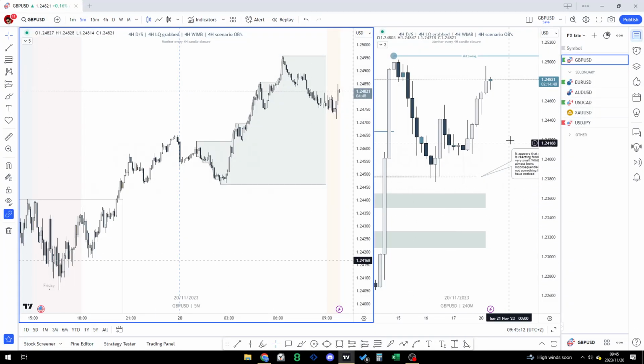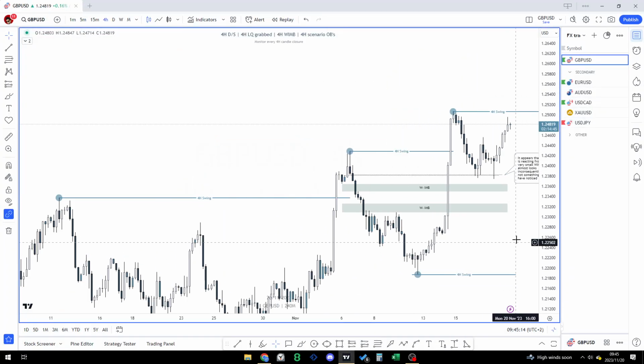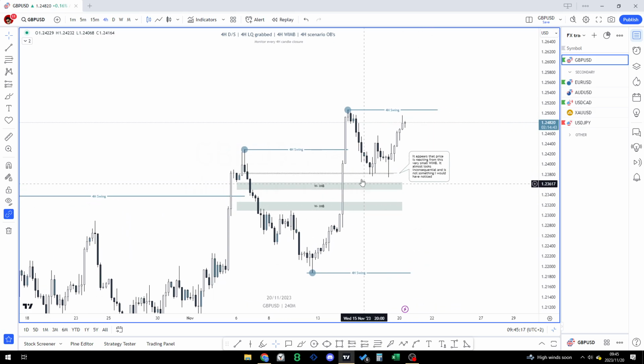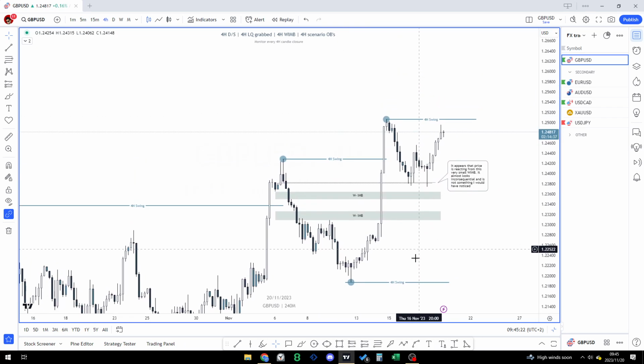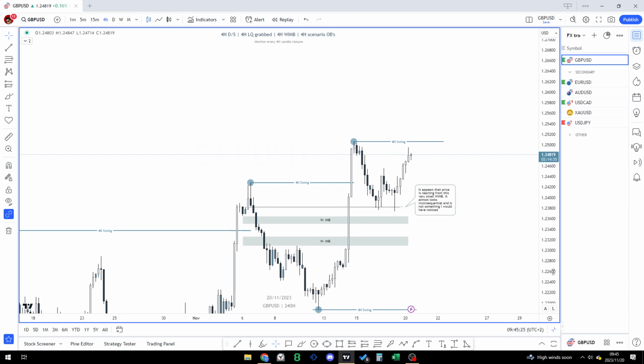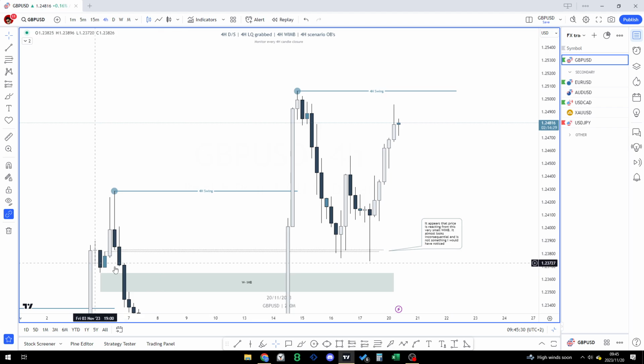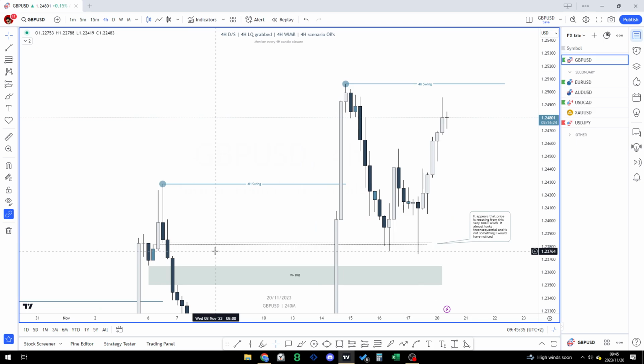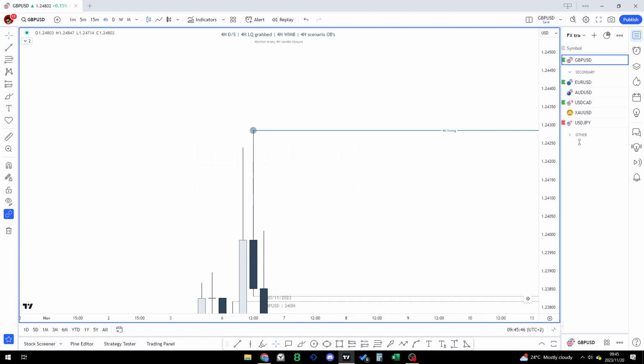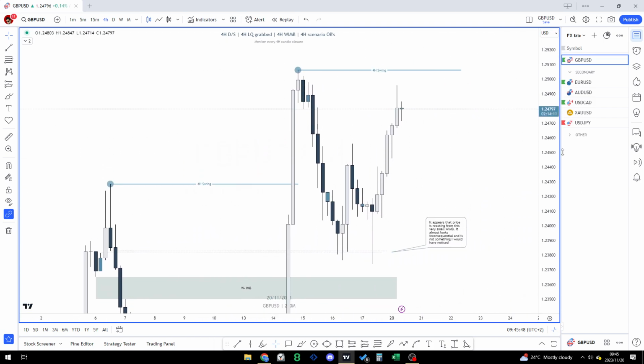Hopping onto the charts, as you can see, nothing's really changed on GBPUSD. It hasn't touched any of our worms or any proper pro-trend 4H OBs. What it did tap, or at least wick, is a really minor window of imbalance. And just looking at it, there's nothing significant about it. It's quite questionable, to say the least. However, it is valid, but as I said, I'm not really interested.